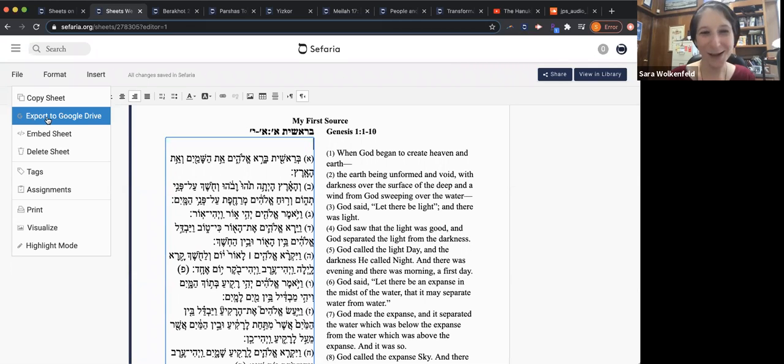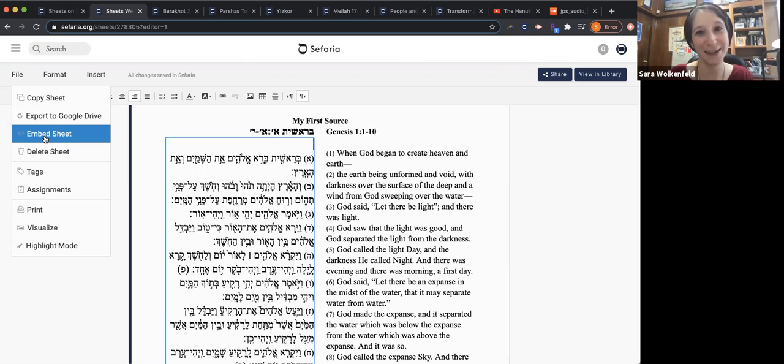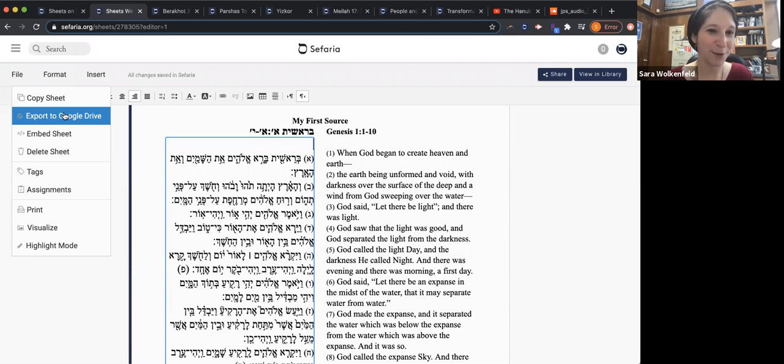Three of them, actually. One is export to Google Drive, which is the best answer to the question of how do I print from Sefaria. You can print directly from Sefaria. You can print directly from any website, but you might not be super happy with the way that the layout works. And so the best thing to do if you want to print is to export your sheet to Google Drive, which will then allow you to play with all of the options that you're used to from Google Docs. It'll just recreate this sheet as a Google Doc, and it'll be easier to work with in terms of formatting for printing. So that's export to Google Drive, which is really the best possible way of printing.